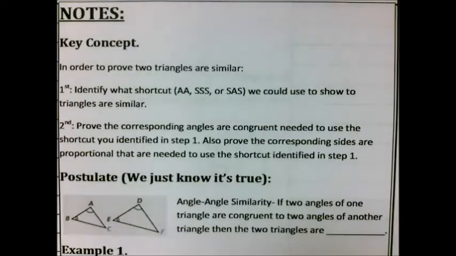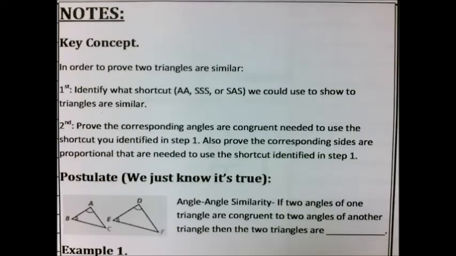In order to prove and solve problems of similar triangles, remember yesterday we talked about how similar triangles have to have all congruent angles and all proportional sides in order to prove the two triangles are similar. Now, there are these three shortcuts really, AA, SSS, and SAS. What they do is prove the triangles are similar without having to prove all angles are congruent and